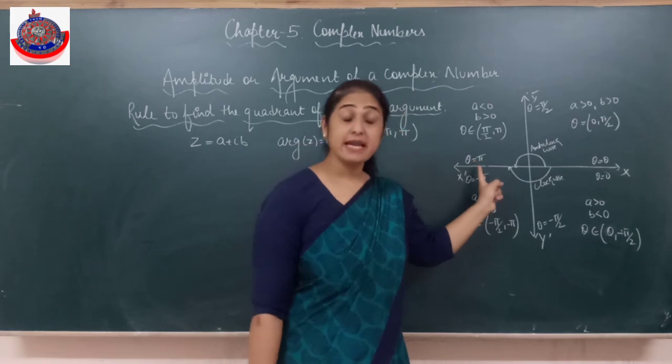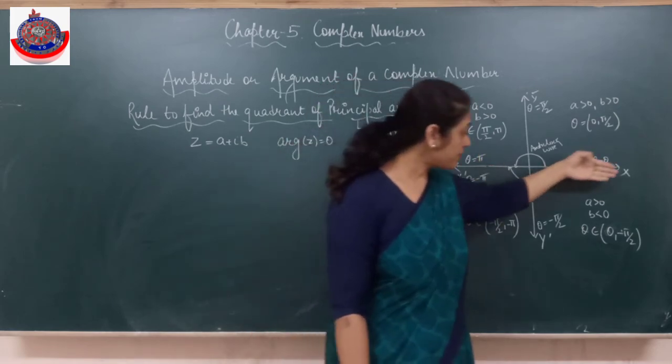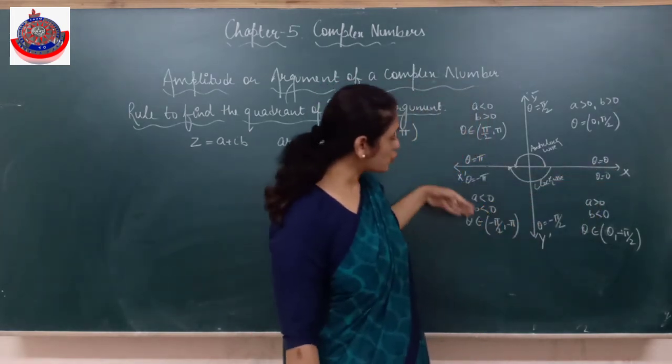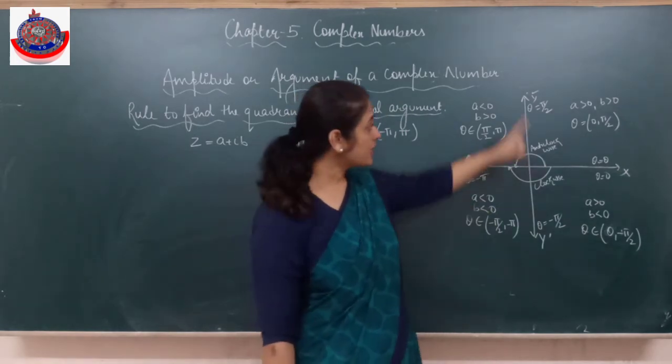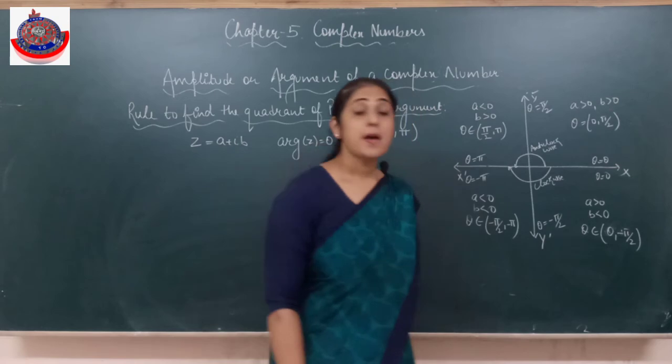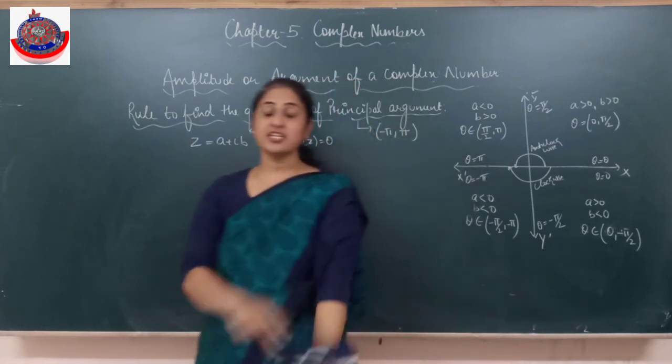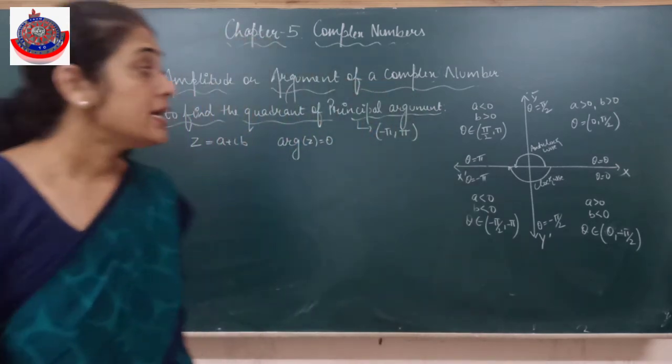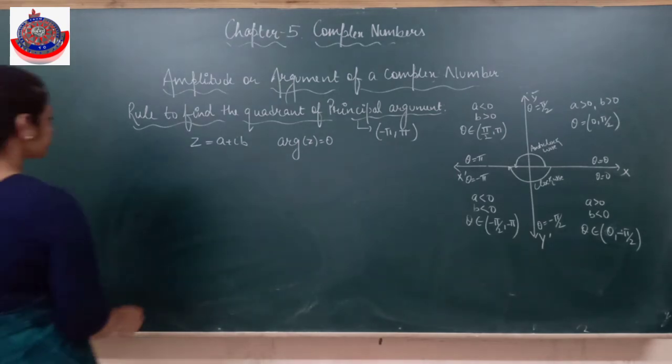It starts from 0 and this is the protractor. Where does theta go? To pi. Pi means 180. If I measure clockwise, it is 0 to minus pi. Is it clear? These are mutually perpendicular, so this is 90 degrees and this is minus pi by 2, because it's a negative direction. Okay, check the quadrant.